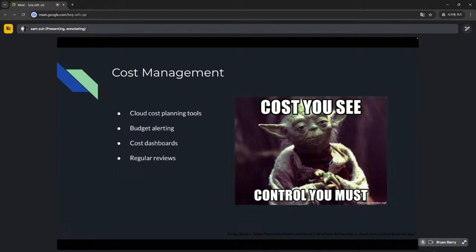And cost dashboards are just kind of like the other dashboard where it just tells you how much you're spending and what you're spending it on. So a lot of the time, you'll have servers that are up and running and those are pretty constant in terms of cost. But then you have data storage, which could fluctuate. And then there's data access, which is like accessing the storage that you have. And that's typically a cost that everyone underestimates.